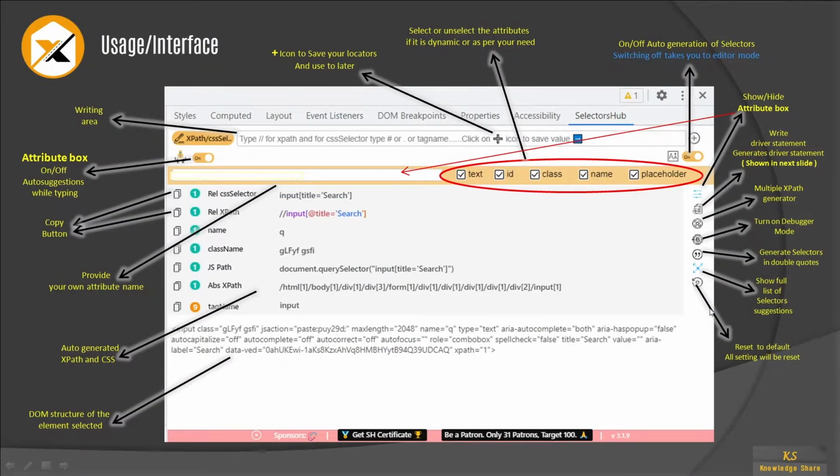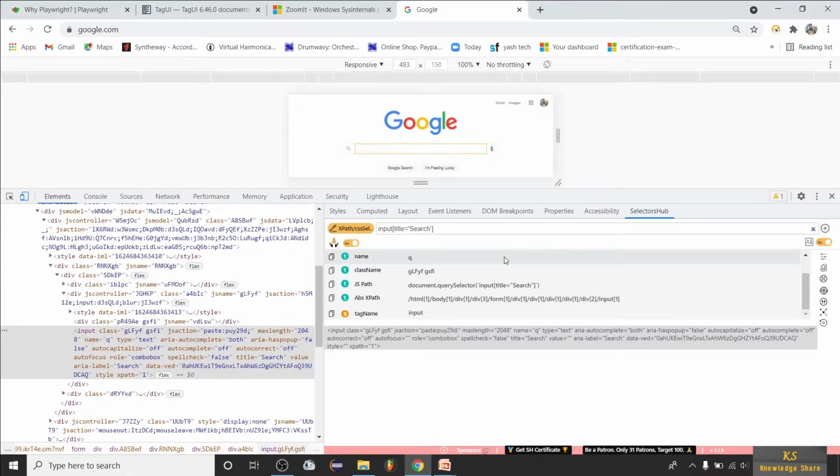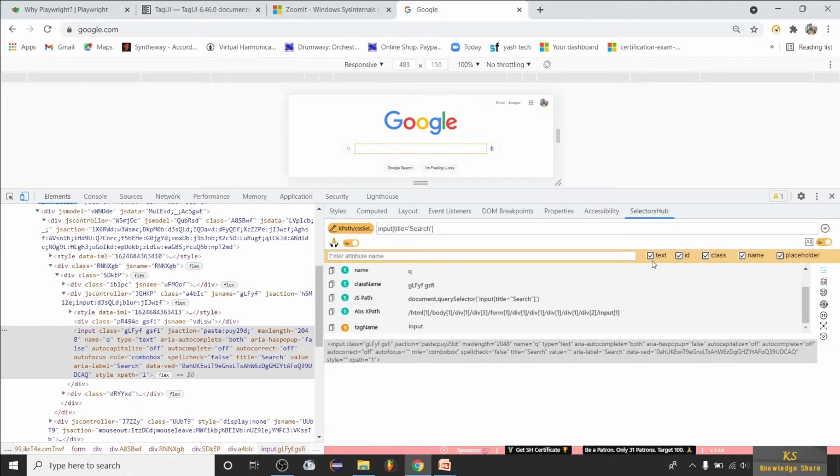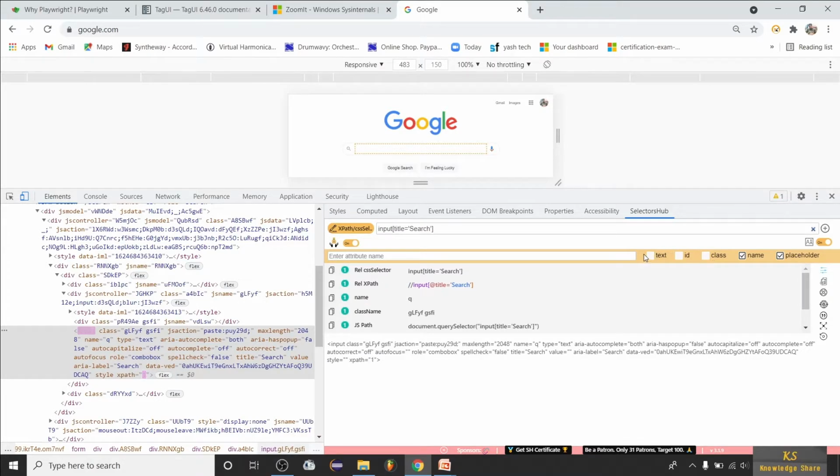Okay, and then reset to default, all settings will be reset. So for example, if you have switched off this id class unchecked, then when you click on this button, it will reset the interface. So like as usual other tools, this reset will be used. Say for example, let me switch on this. See, I will check uncheck this. See, when you uncheck, these elements are going off, right? If you observe. Okay, so see, now I'll click on this reset. See, everything is enabled. So you can use this facility to reset your UI interface. Okay, so that's how this works.